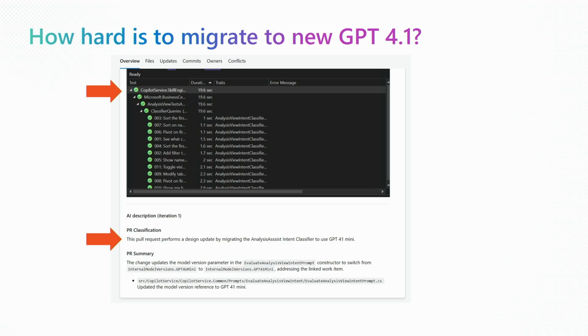Basically, one of our engineers had a task to make sure we can migrate some small component from an old model to newer models. And if you look at his PR, and by the way, you see we have some AI summaries of the change. It's saying, hey, we moved a feature from version A to the latest GPT 4.1 mini. There are some changes from version, and not that much else. So why? Obviously, we have a lot of tests also passing.